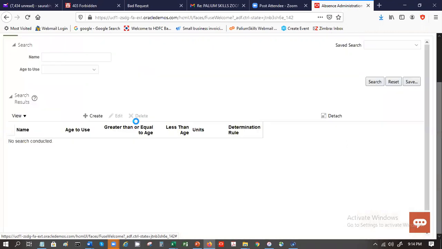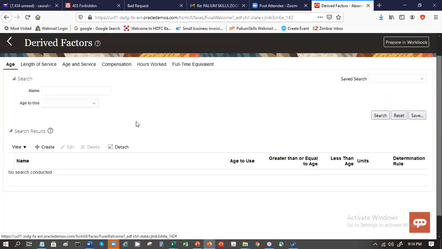So derived factor basically, like I said, what is a derived factor? A derived factor is something which is not held directly in the system, but you are deriving it in some manner. For example, length of service, age of a person, these values are not directly held in the system, isn't it? You have to derive it, you have to calculate it as of today or as of yesterday, as of last month.